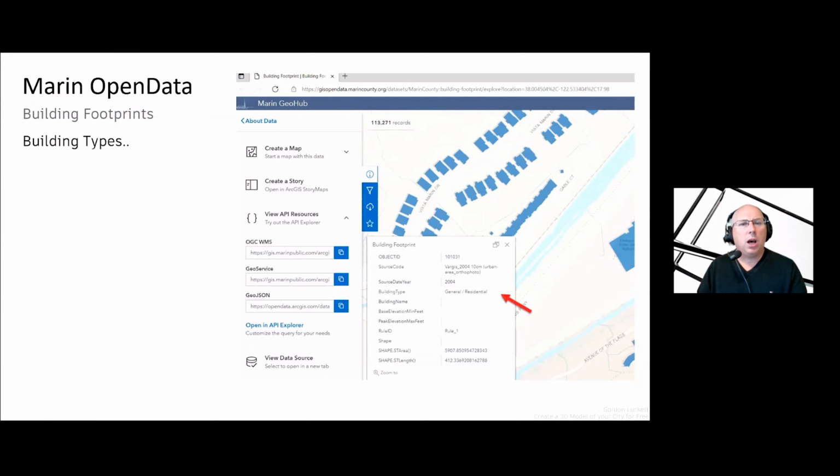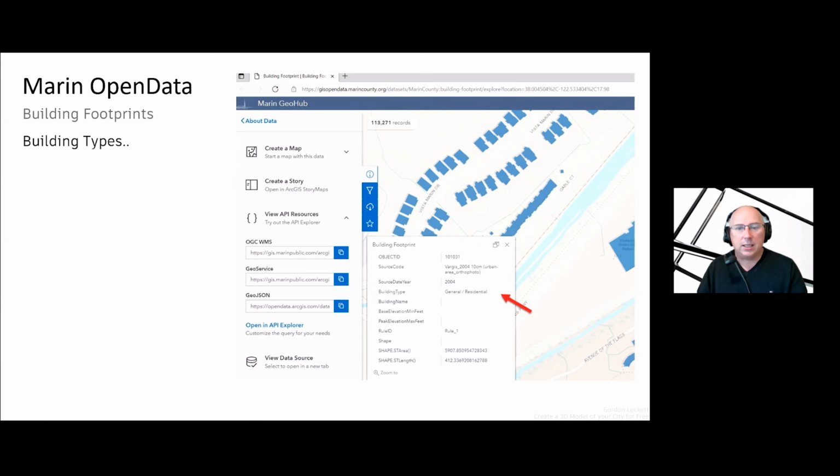Well, first of all, I had to dig down into the building types that Marin gave me. So here's the buildings on their portal. I said, okay, well, here's the building footprints. How do I know what the building types are? Well, the building type says general, but when I looked at it in the shapefile, I got the number 1 and number 2, number 3. I had no idea what this meant. So I went to the portal and said, so 1, maybe that means general, but I'm not sure. The nice thing is, if you go to the GeoService, that's the second button right here, and you click on it, you are able to see what the real data is.